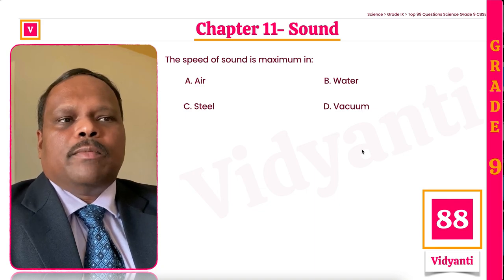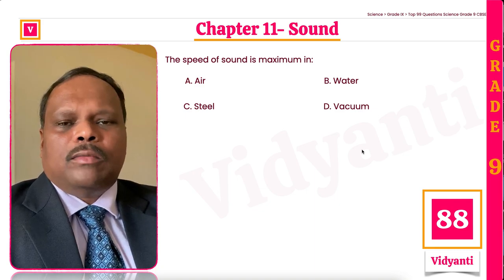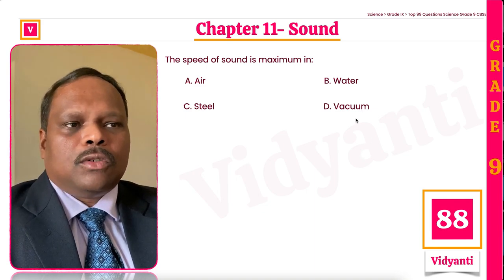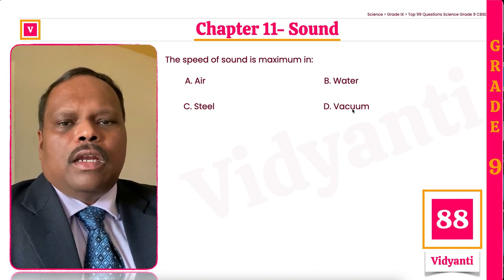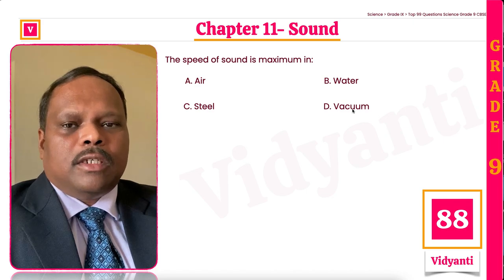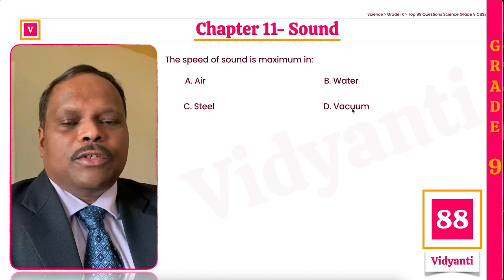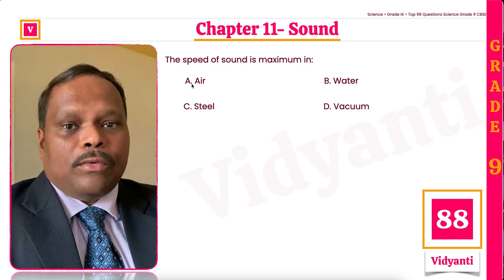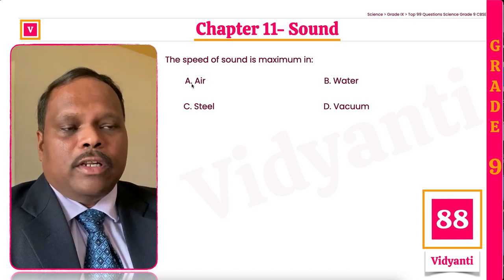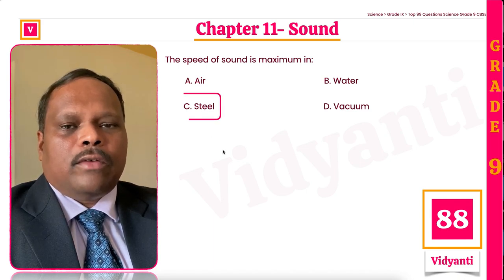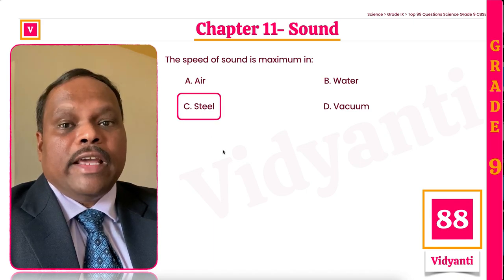The speed of sound is maximum in which medium? Well, in vacuum, it's not able to travel at all, so it's like dead. So this is out of question. It does depend on density. It's proportional to density, and higher density is actually beneficial. So air does have some sound velocity, but that's actually least. Water will have slightly more, and steel, being a solid, will have the largest, because the density of the steel is the largest.